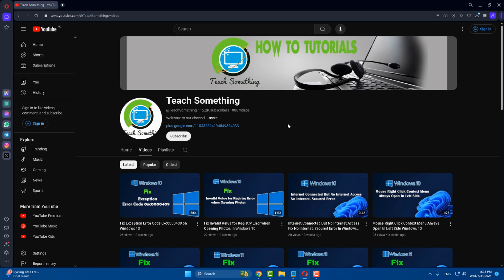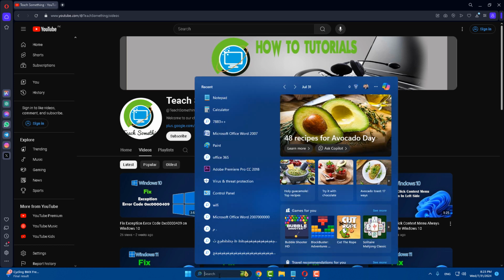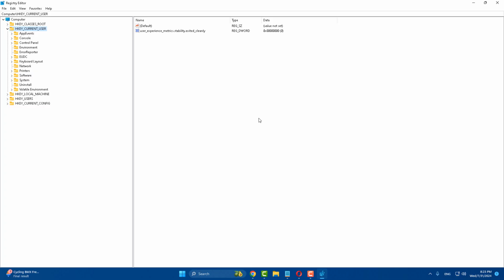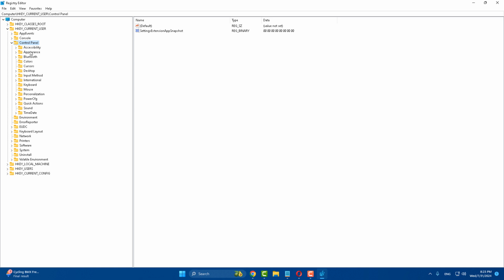So let's start. First of all, in the search box type Registry Editor. Open Registry Editor, right click and run as administrator. After that, select HKEY_CURRENT_USER and expand it. After that, select Control Panel and expand it. After that, right click on Control Panel, go to New and create a new key